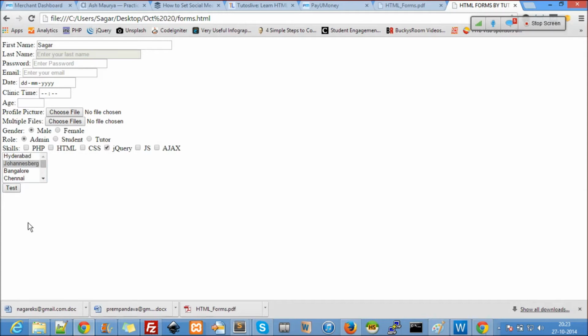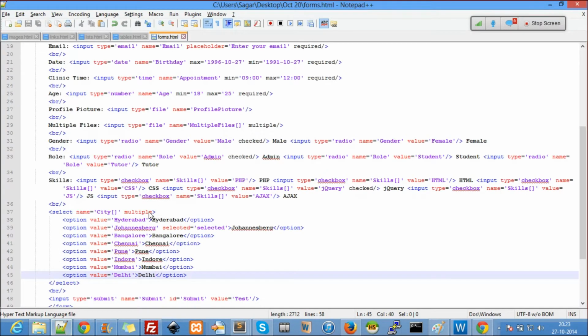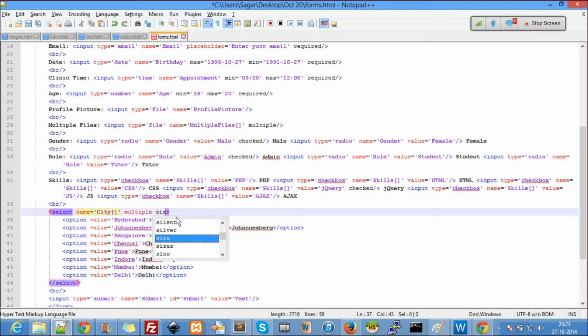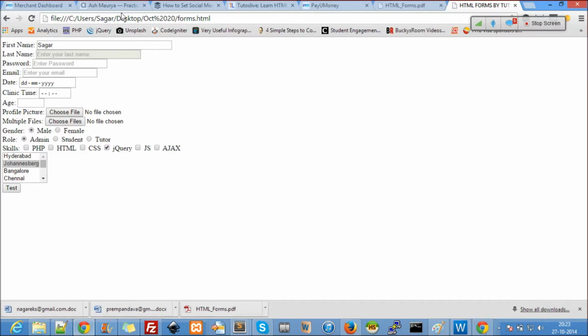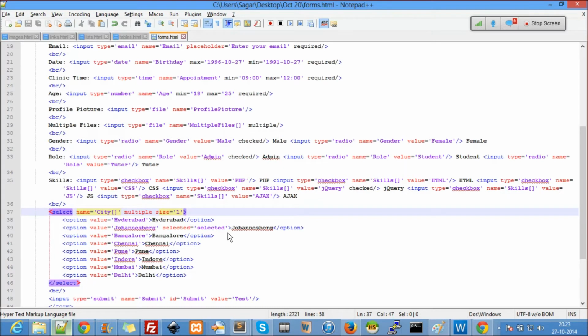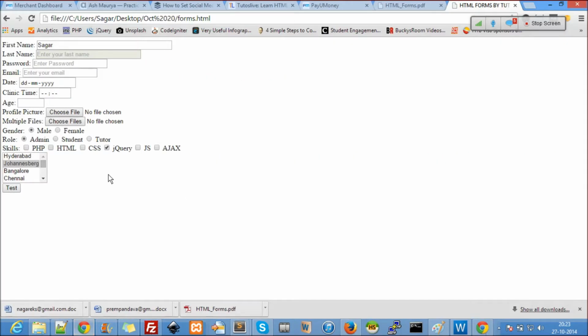Now let's go back to here. I'll just say size equal to 1. Now let's go back to the select box. Hopefully it should take size multiple. Whatever it is, for the select box, it won't take much space, right?